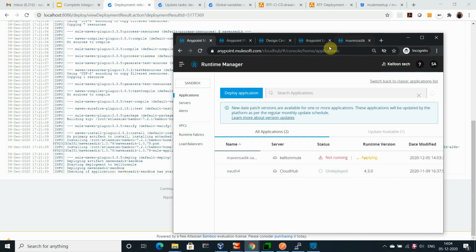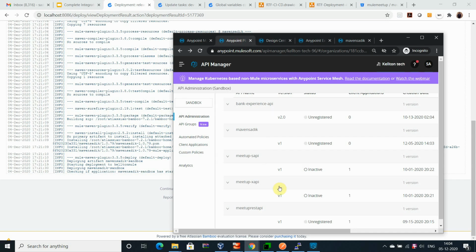Let's wait for some time, because as soon as it is started properly, the state of the Maven Sadik will be active. Right now it's not registered, not associated with the application, but as soon as the application is started, it will change to the active stage.